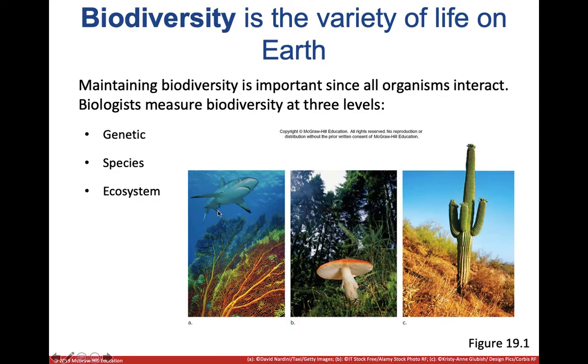So keeping every single species around is a very big deal. And it may not seem obvious that something like a mushroom or something like a cactus, just one cactus, seems like a big deal. But these cactuses live to be 200 and 300 years old, if not longer. And it takes them a very long time to be able to mature, to become able to reproduce. So an organism like that, if you lose one of them, that's a big deal in this population.